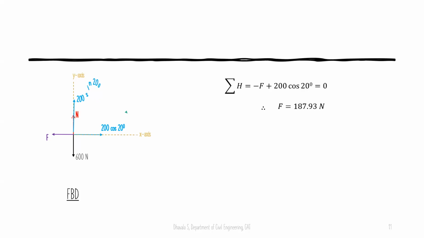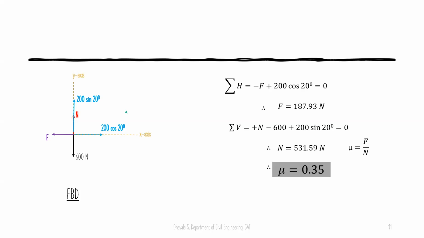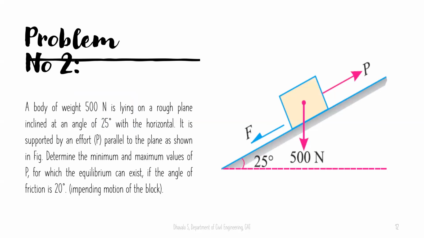Sigma V is N plus 200 sin 20 minus 600. Therefore, N is 531.59. Thus, mu is equal to F divided by N. Hence, mu is 0.35. Going to the next problem, we have a box on an inclined surface which is inclined